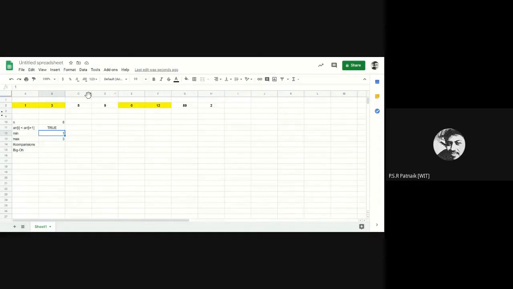Obviously out of these two, this is the minimum. So now you will check whether my current minimum is greater than the new minimum found, which is the result of ARR of I less than ARR of I plus 1.